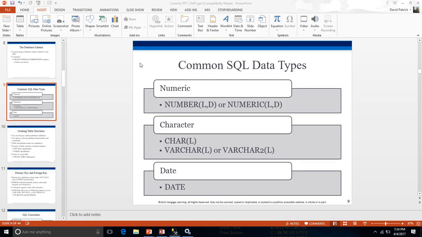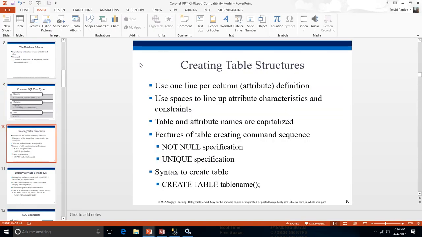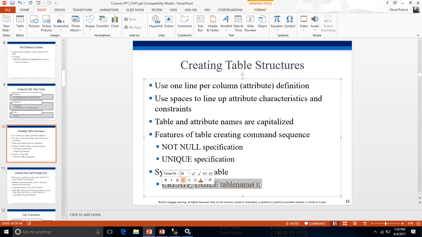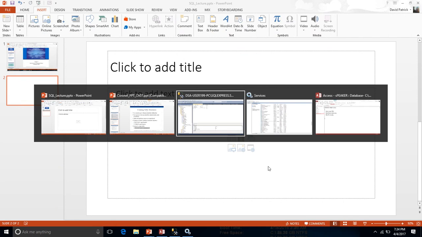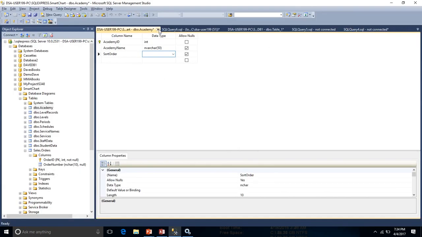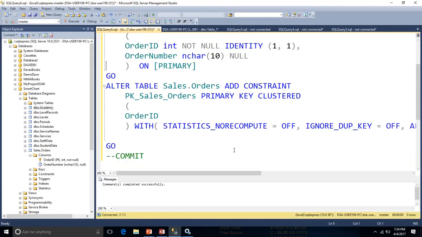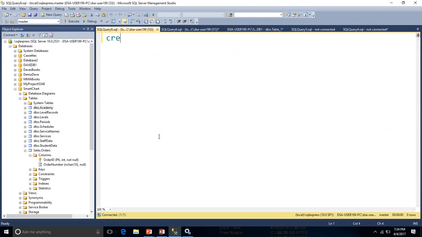All right, data types. What else? Creating table structures. Some guidelines for that. We went over that last time. Basically, if you're going to do it by hand, this is the syntax to begin creating a table. So your homework has you, as I mentioned earlier, going into either SQL or Access or whatever database, if anyone's doing Oracle or MySQL, and doing a new query and doing the create table from scratch,